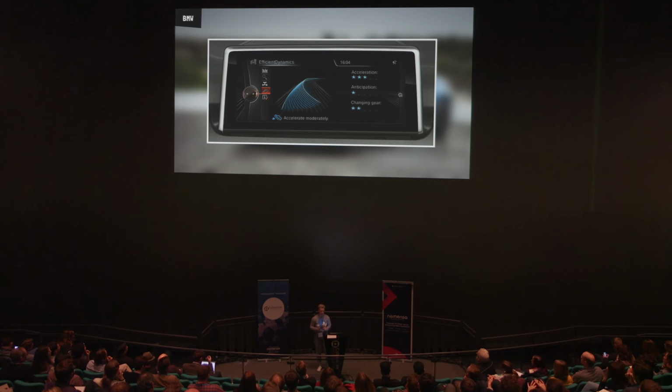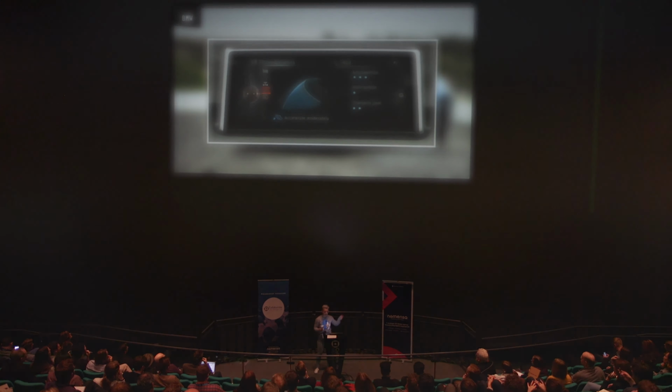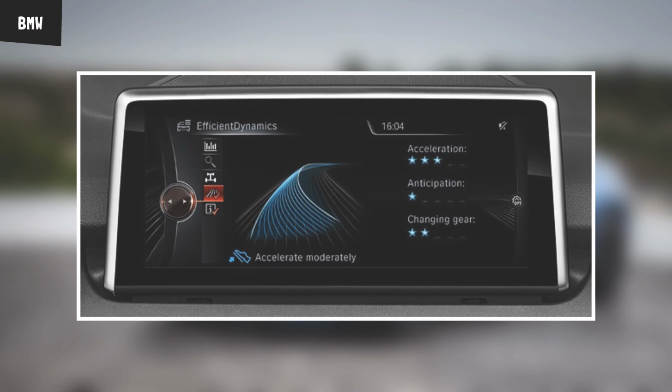So, same but different. Eco Pro mode on a BMW is essentially a game, okay? And you're awarded stars for smooth and economical driving. And it works because if this is up on your dash while you're driving and you can see that you're about to gain or lose a star, it genuinely does make you drive like less of a dick. So,